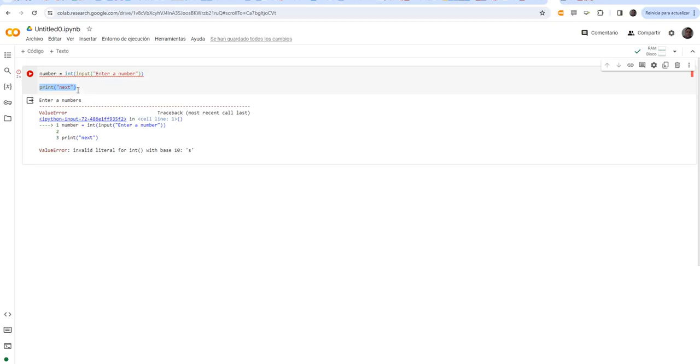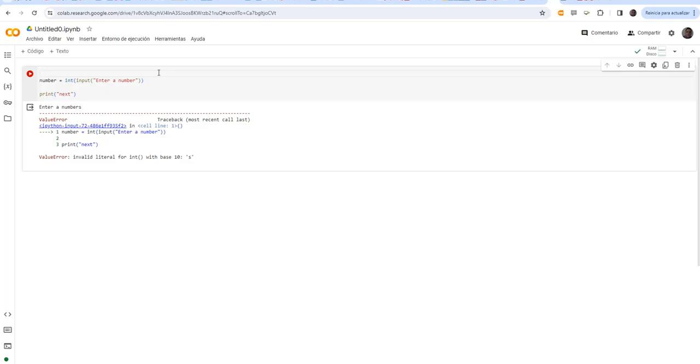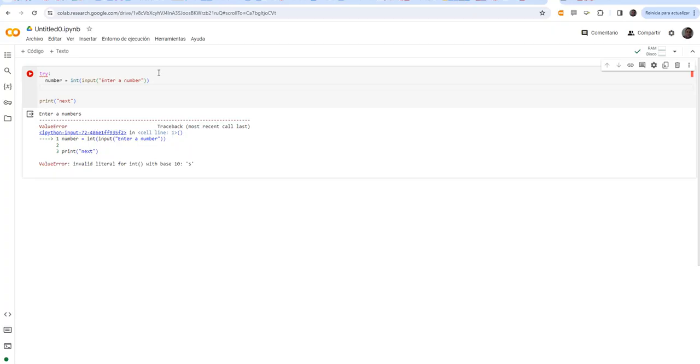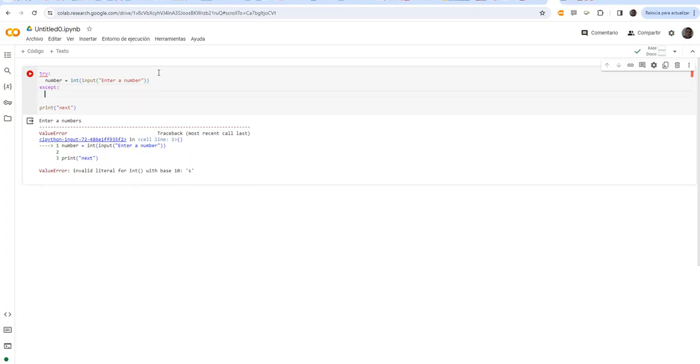So, in this case, we can use the exception management in order to control this wrong execution. For example, here, this is the line that can show an error. So, this can be encapsulated into a try except statement. In this case, the try statement allows us to define which part of the code can show an exception. And in case some exception occurs, the code that is executed is the code inside the except block of code. In this case, we can print